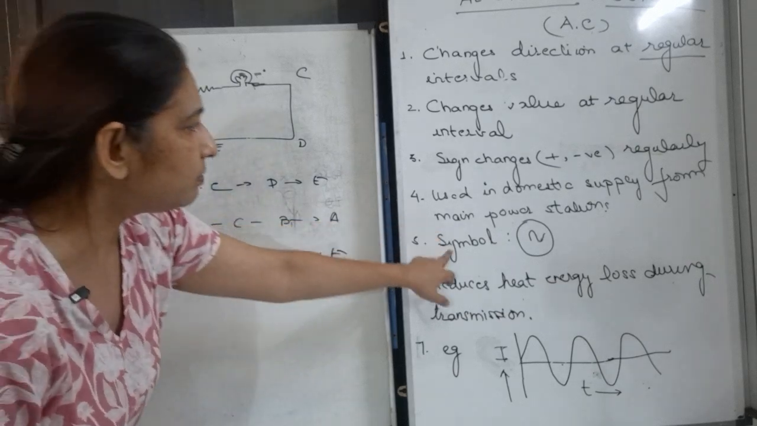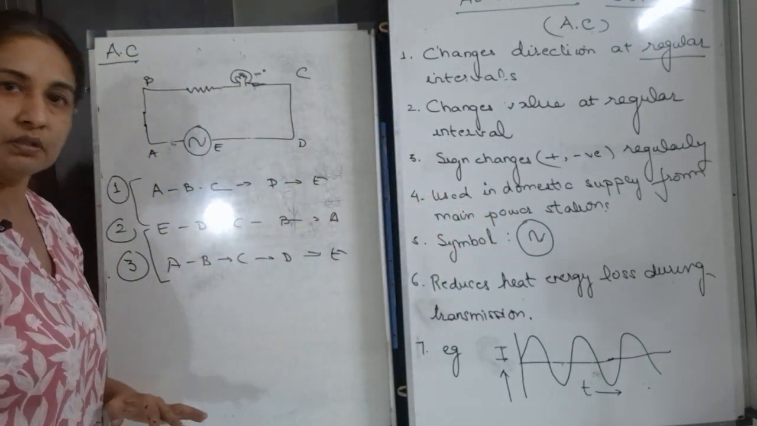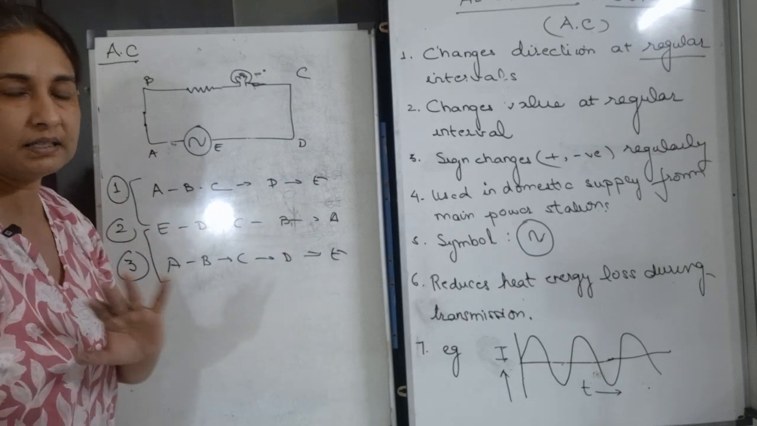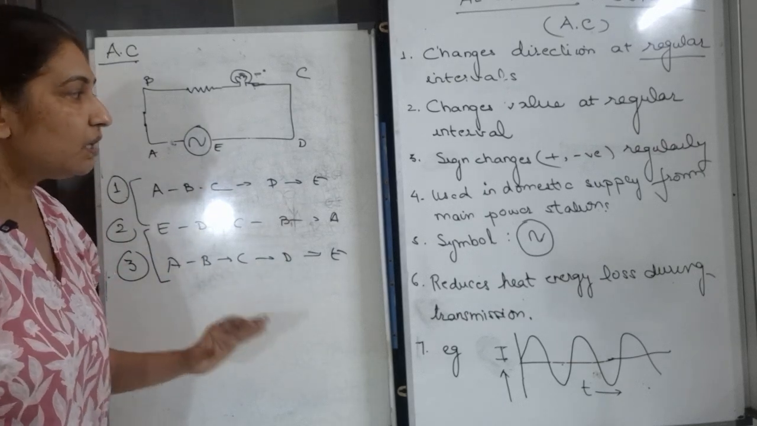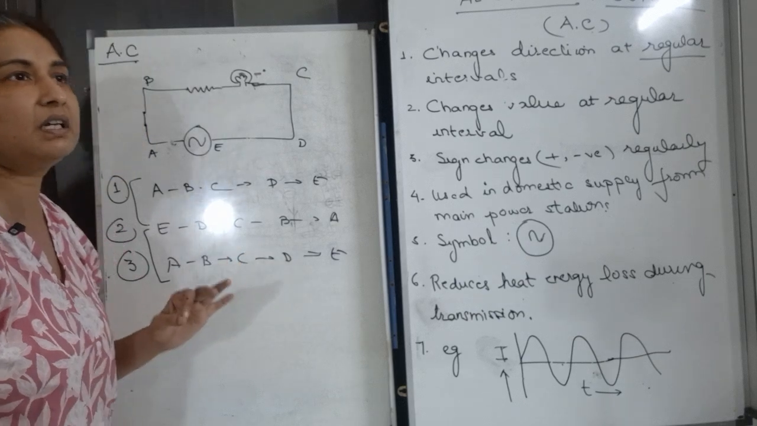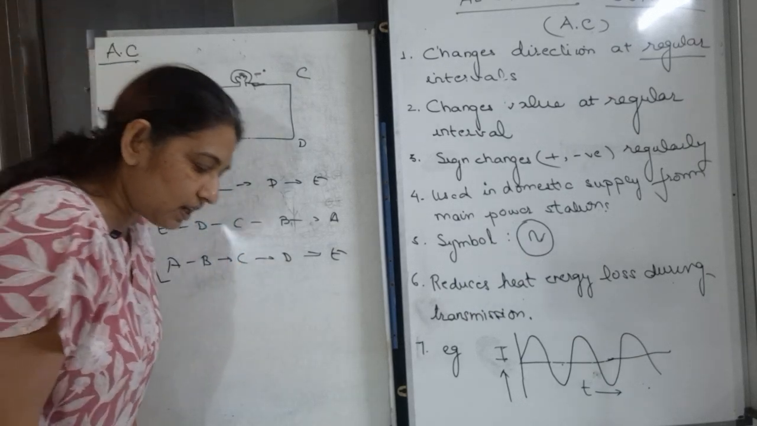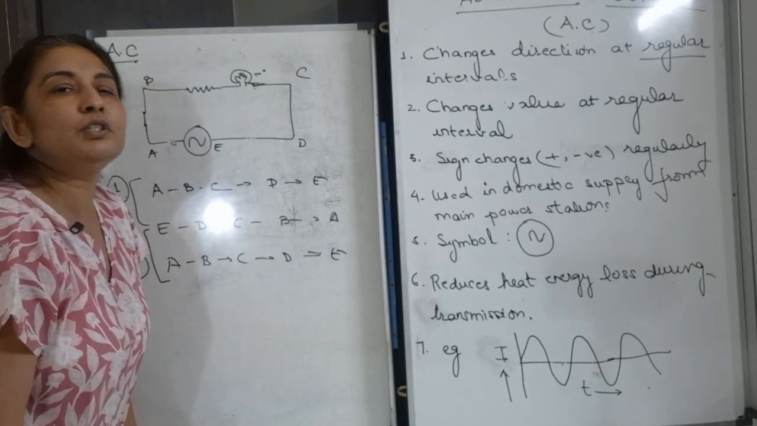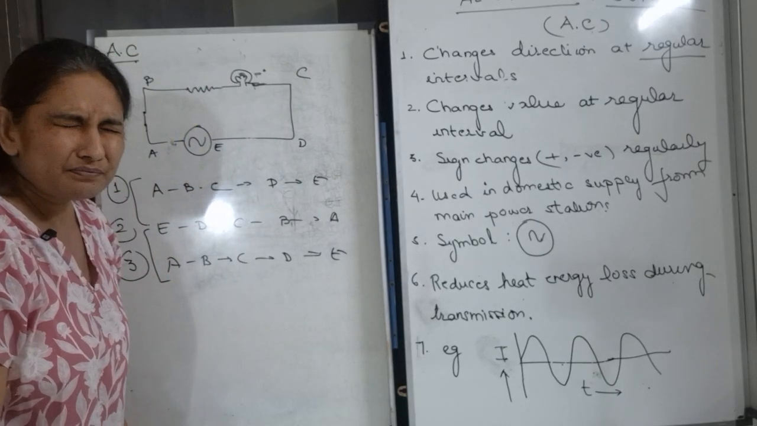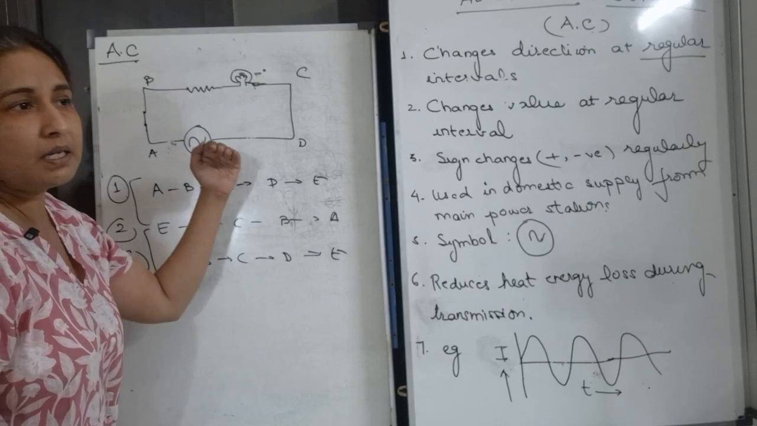सो ड्यूरिंग ट्रांसमिशन from main power station, this is the form which is used. The direct current is not used. Okay, now why is it used during transmission specifically is we just have to know for this level, for class 9 and 10 level, we just have to know that if you use AC, the heat loss, जब आपको पता